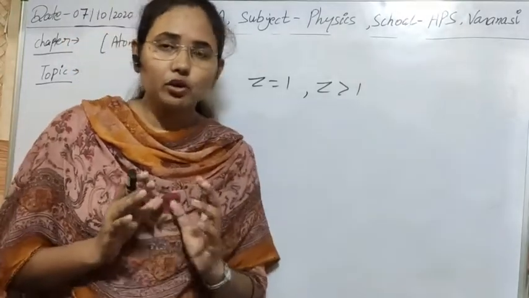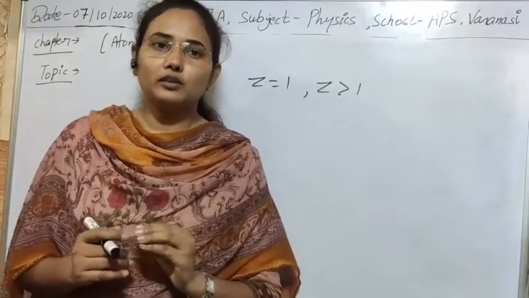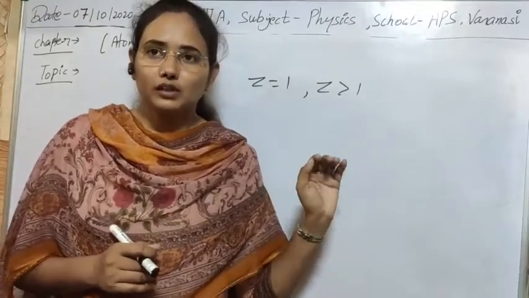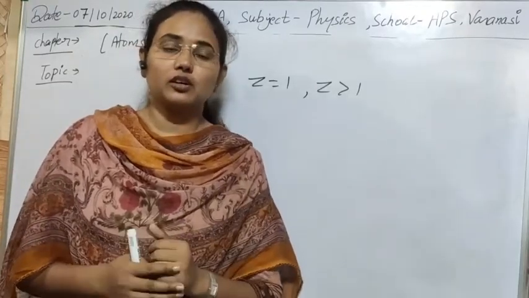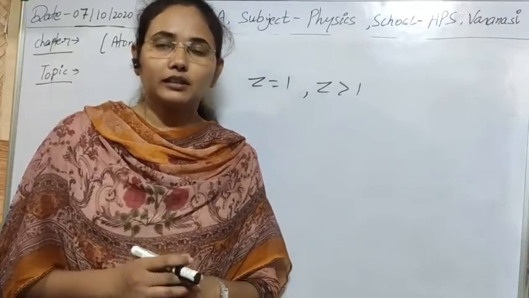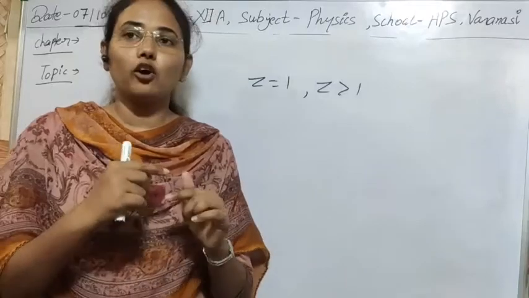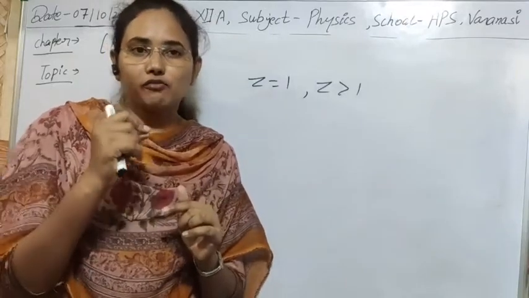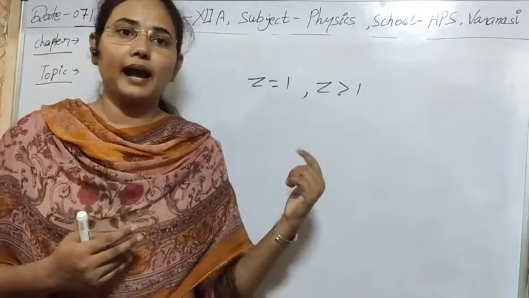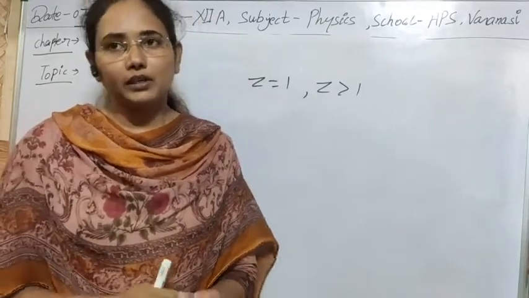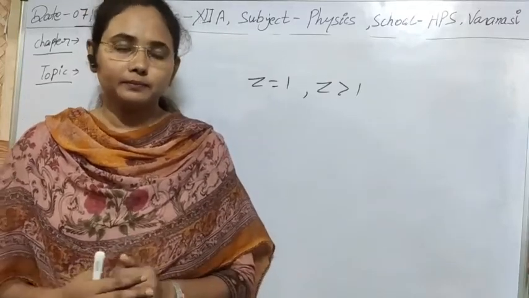Next, the Bohr model, as you know, explains the spectrum of the hydrogen atom, but it also failed to explain the fine structure of the hydrogen atom. In the hydrogen atom, fine spectra are also obtained, meaning splitting of lines and other smaller wavelengths, and that cannot be explained with the help of the Bohr model. Only some series of lines can be explained on the basis of the Bohr model.